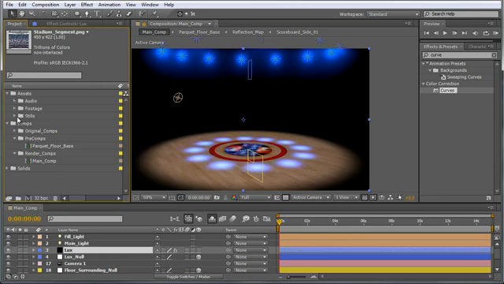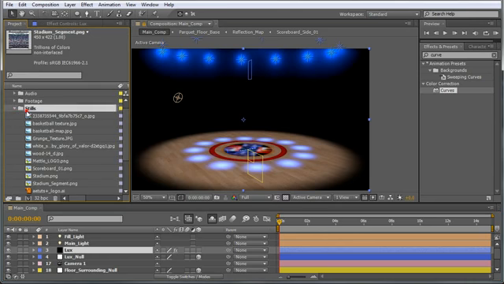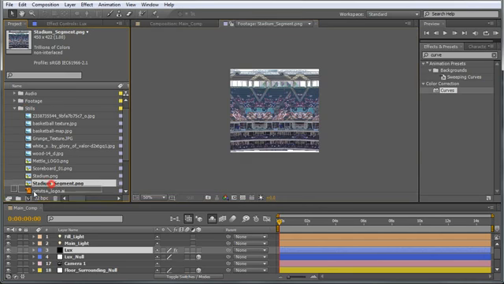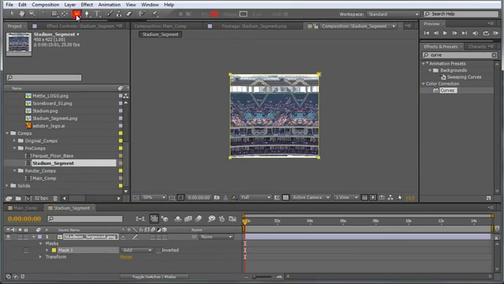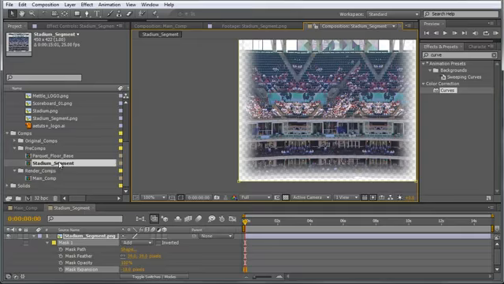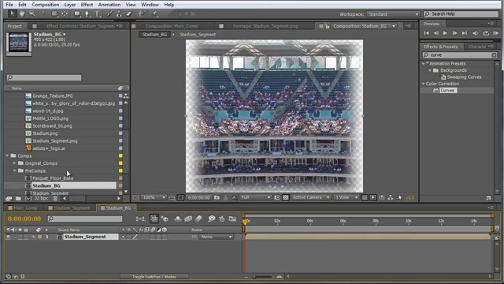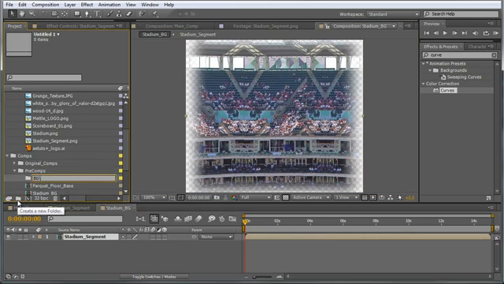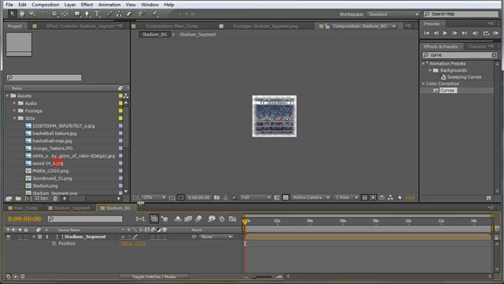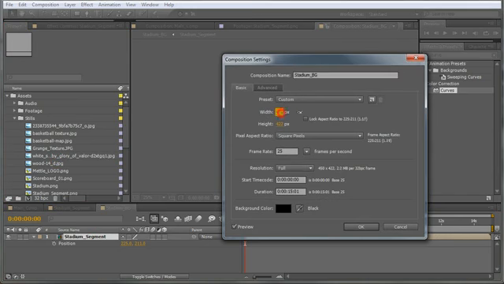In the stills folder under assets, we have stadium segment. Create a new composition out of it, add a rectangle mask to it, and feather it out. We'll take this composition and create a new composition with it, call it stadium background. And actually let's create a new folder, call it background, put these two layers in there, and we'll set the composition's width to about